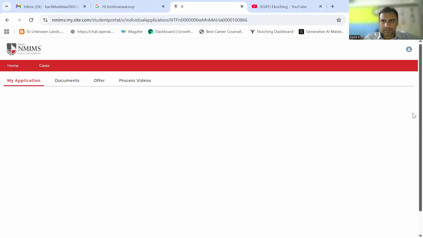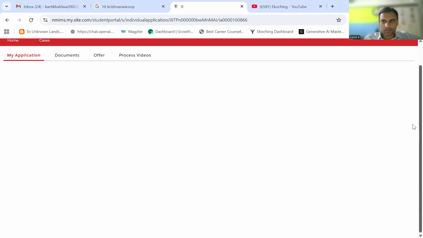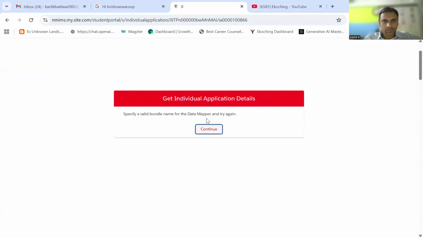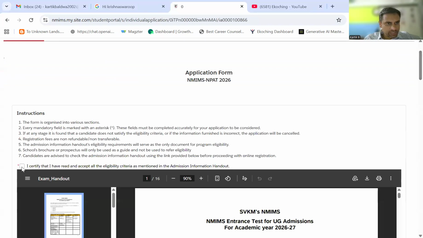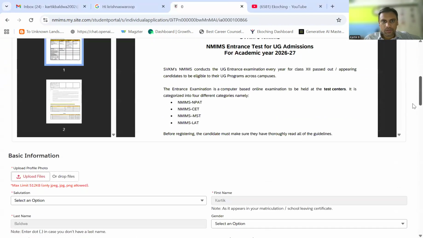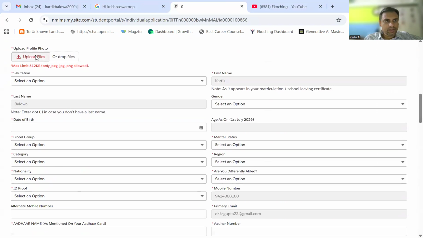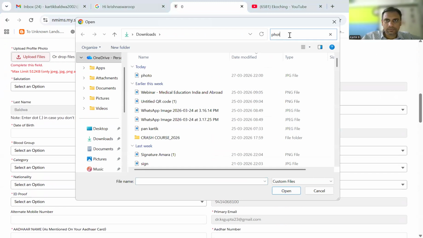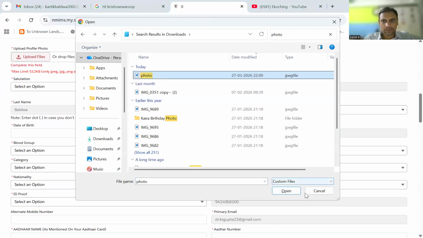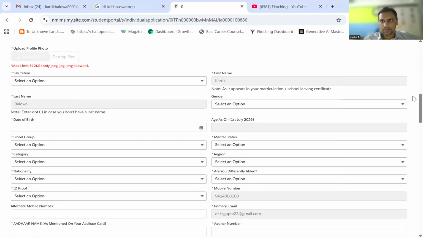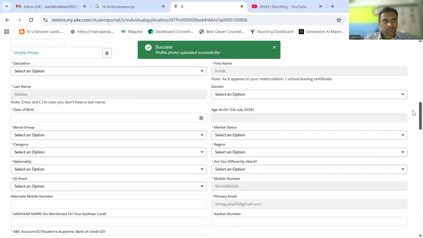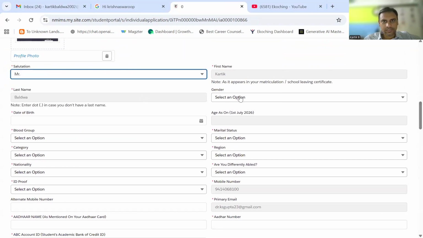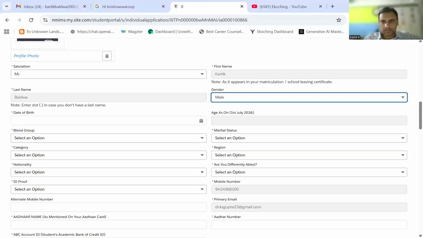Once you click on manage application, it will ask you to upload your documents and enter your details. You will get a small tick here. Make sure you do this. Then go down and start uploading the photo. So the first thing is we will upload the photo. Once that is done, you can click on enter the details, gender, date of birth,